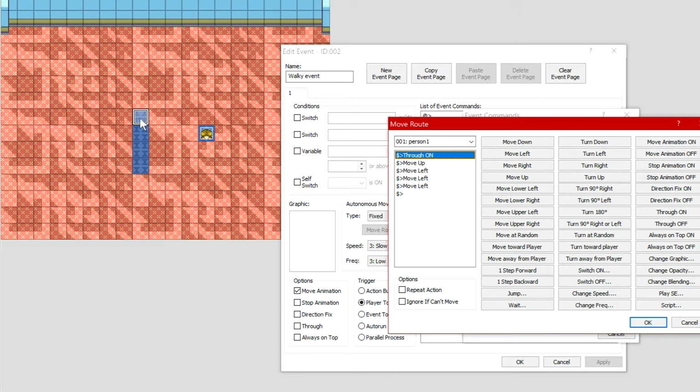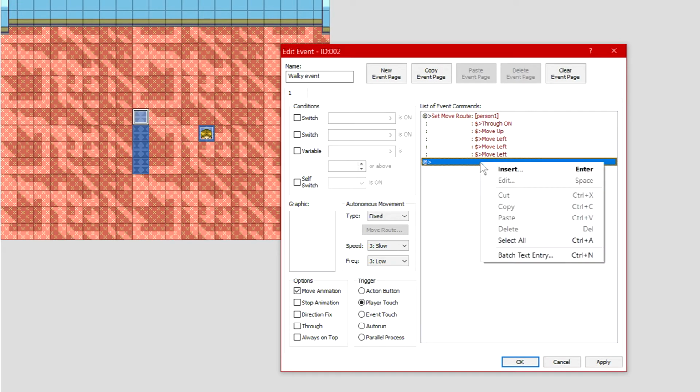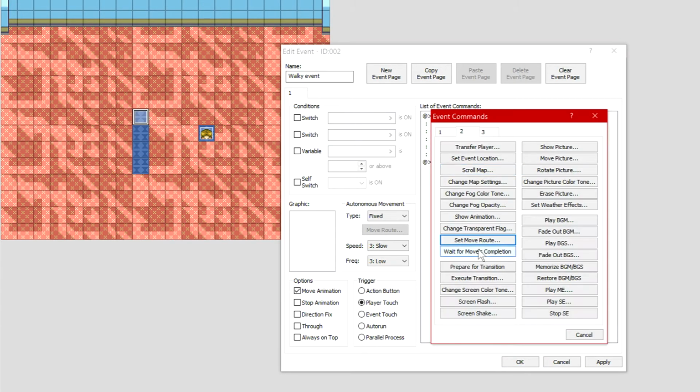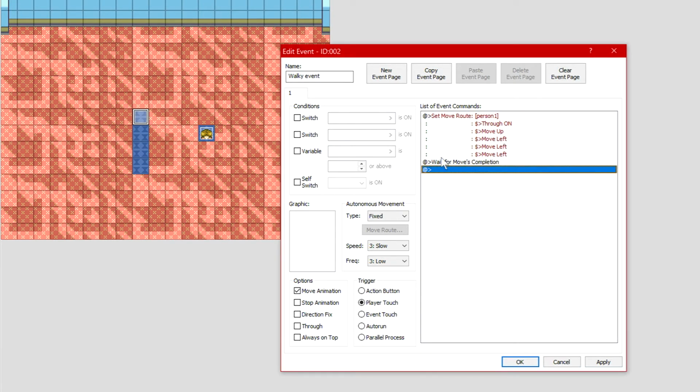So if you step here, he will go there, there, there, there, and he will already be looking at you because left is where he last went. And then we're going to click OK, and then right click again underneath, insert, wait for move completion. And then when that's done,